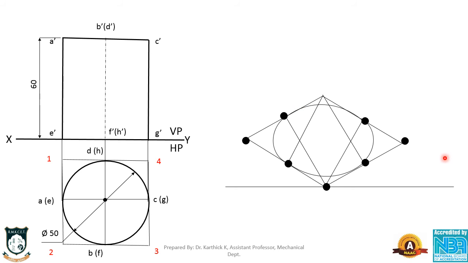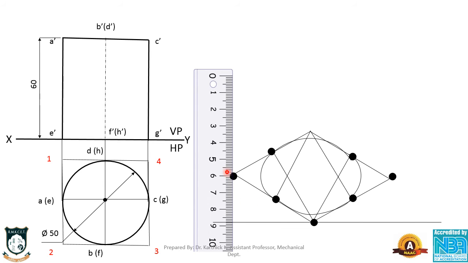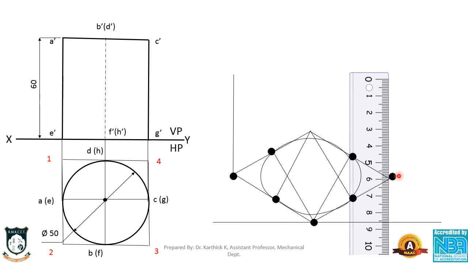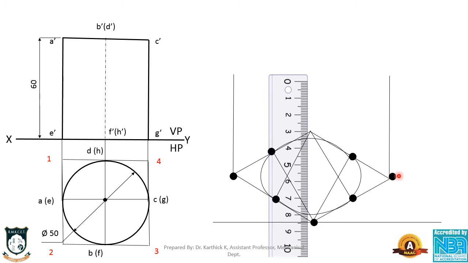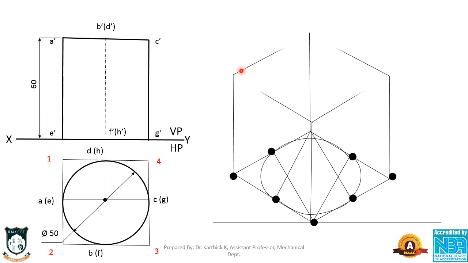What is the next step? The next step is we need to draw the height of the cylinder. We know the height of the cylinder is 60 mm. For each corner, you have to draw a 60 mm line like this. So from each corner, you have to draw a 60 mm line, and you just complete this using the box here. Whatever procedure we have followed to draw the circle in the bottom,